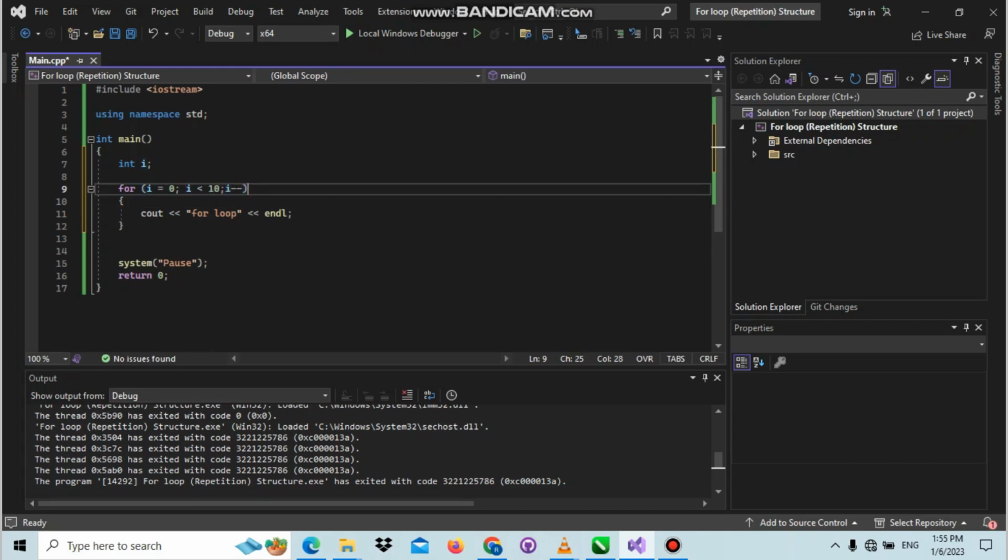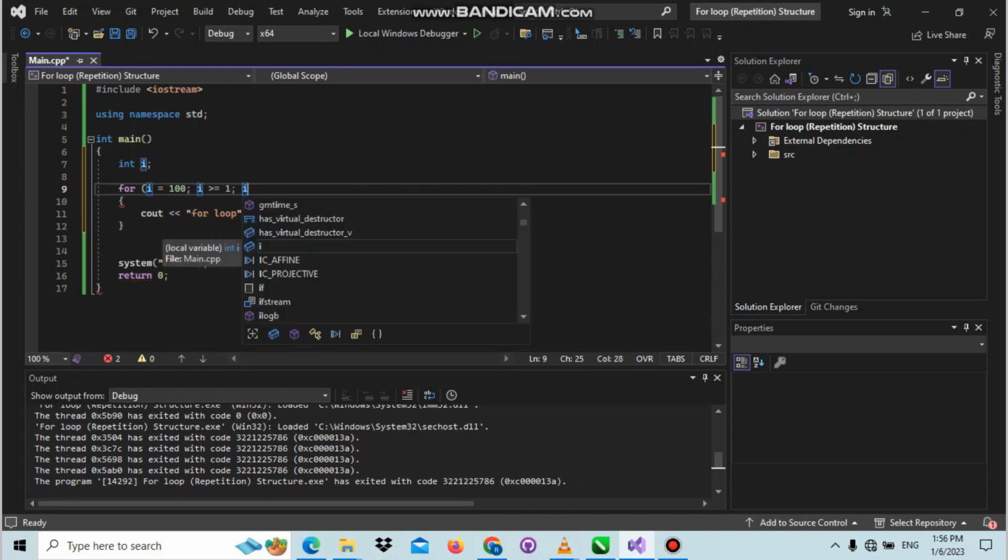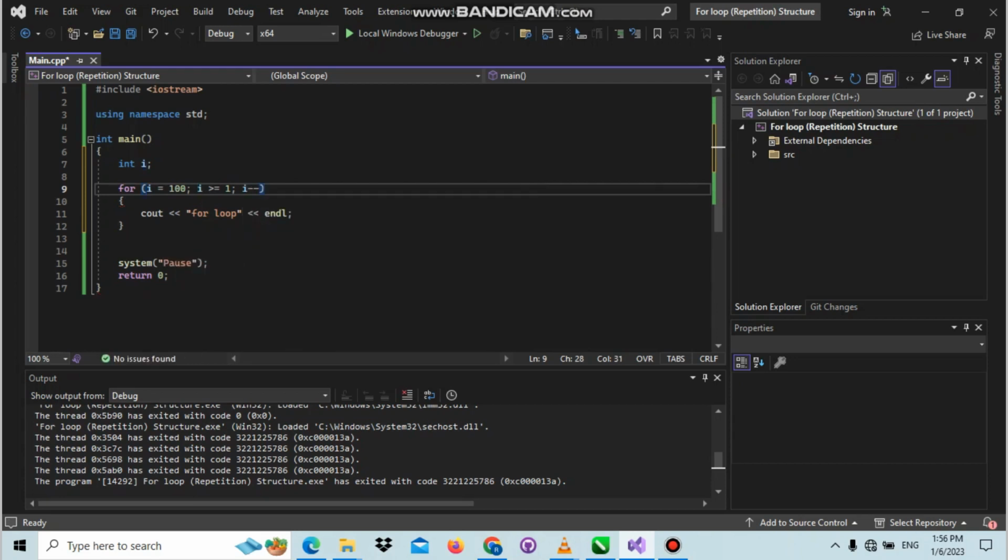Let's say i is initialized to 100 and i is greater than or equal to, say, 1. So we're going to decrement from 100 to 1. Now in the body of the for loop, we'll have a statement, say cout